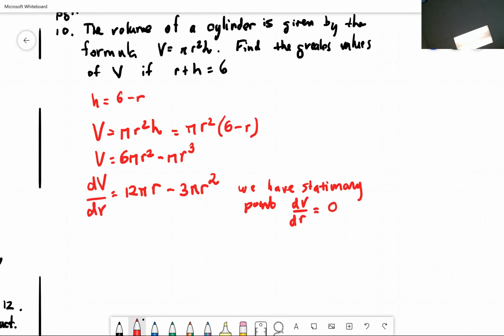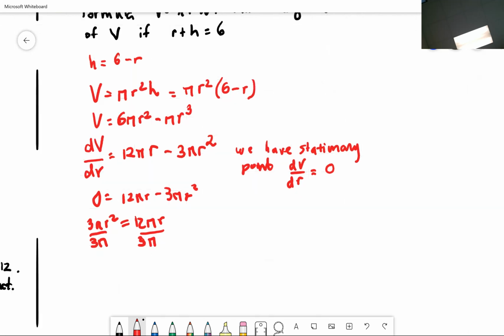Zero. So 0 equals 12 pi r minus 3 pi r squared. So 3 pi r squared must equal 12 pi r. When I divide both sides by 3 pi, notice that the pi's cancel, and I'm left with,